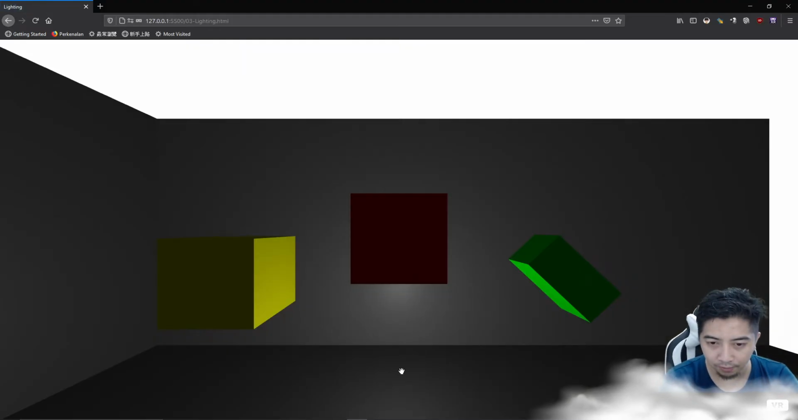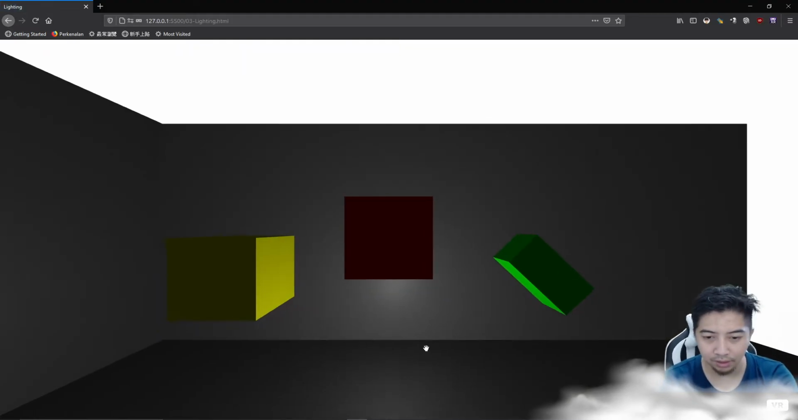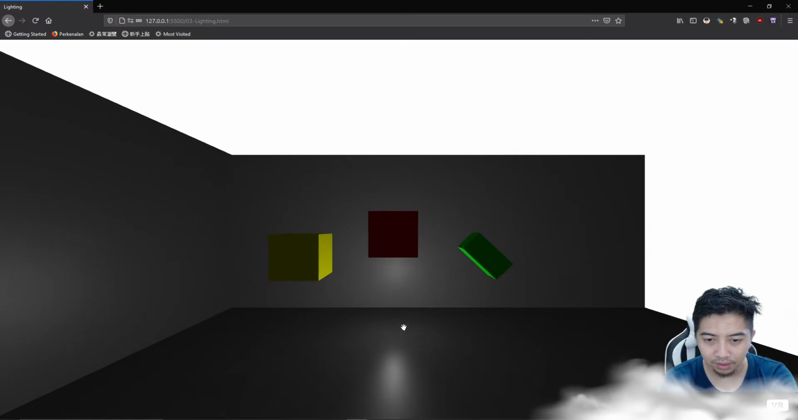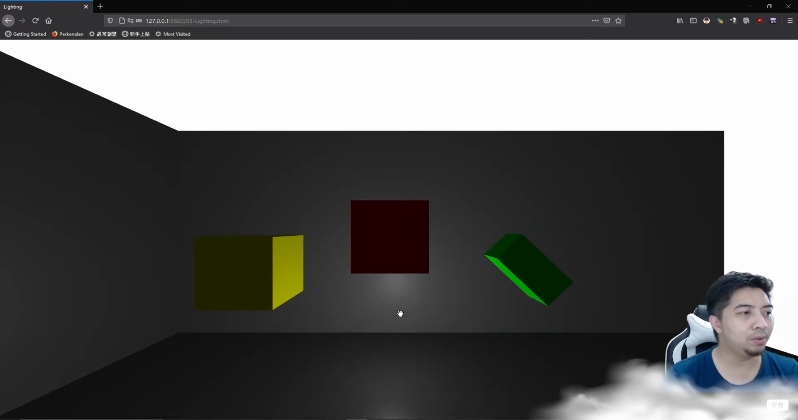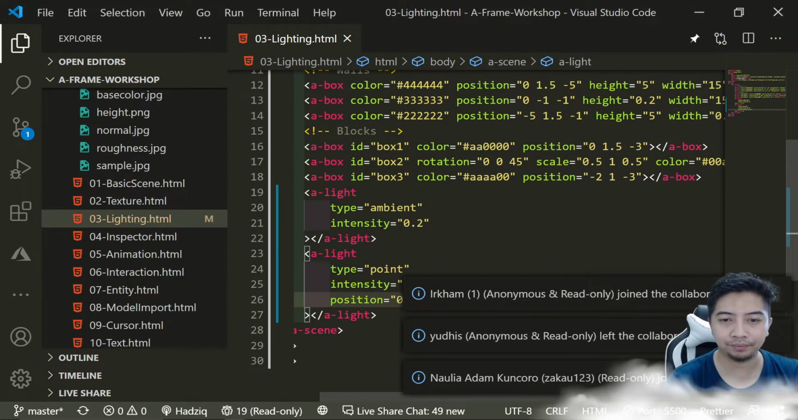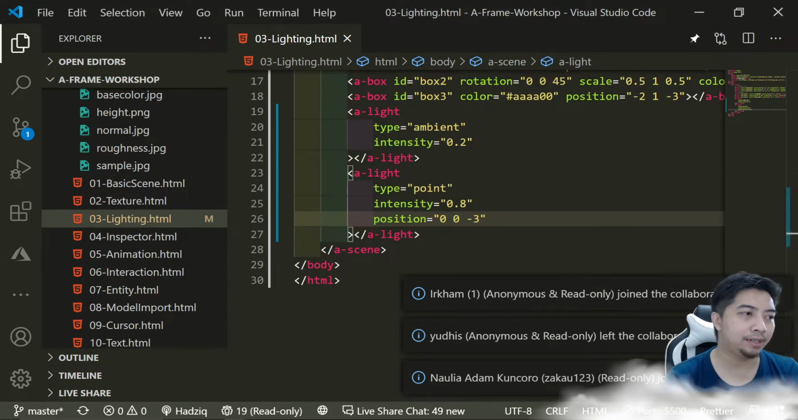It's also maybe 0, and the depth is minus. So the light is over here, the light is over here, and so on. You can play with it. So that's the way we define the point light. Right, and then